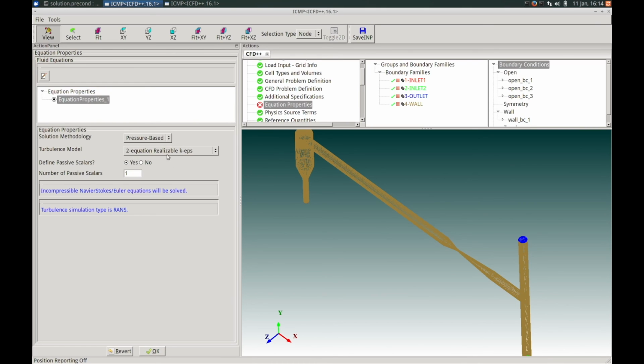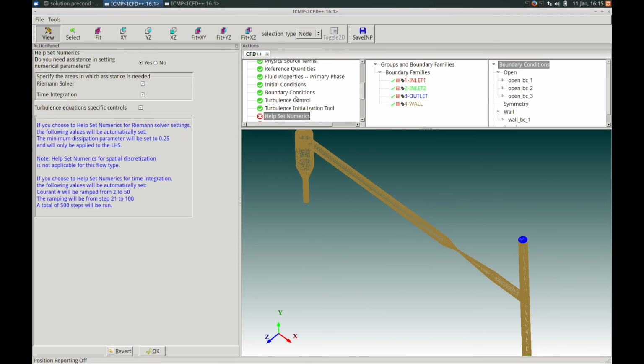Again, we're going to leave the same turbulence models we had used before, and again, leaving the definition of the passive scalar. So simply change it to pressure-based and click OK. And when you do this, it skips all the way down to the Help Set Numerics tab, which has a red X. And if we scan down, we see many other red X's in the remaining items that we have already set up previously. But here, since we've changed the numerical scheme, we need to, again, go through these items, altering our selection based upon the change now from the preconditioning approach to the pressure-based approach.